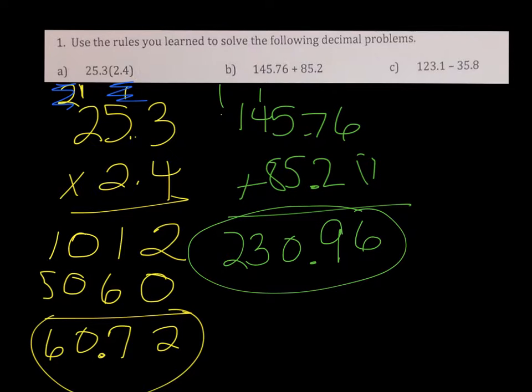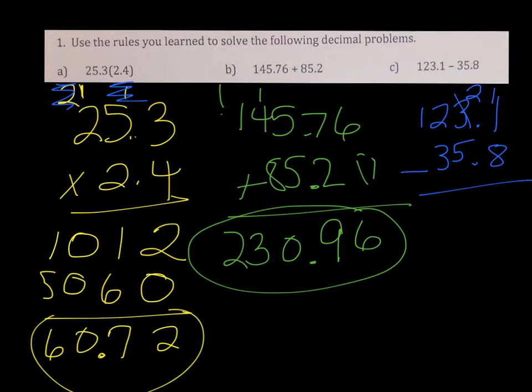All right, last problem. Let's see if I can squeeze it in over here. Whenever I add and subtract, I always must line up my decimal points. So I'm going to do 123.1 minus 35.8. So in this problem, I'm going to have to borrow, because if you notice here, I can't take an 8 from 1, so I'm going to have to go over and borrow some from the 3. So when I do that, I'm going to break that 3 down into 2 and carry 10